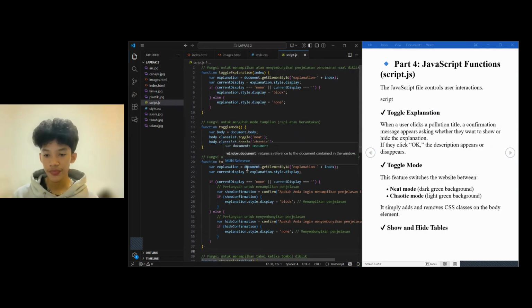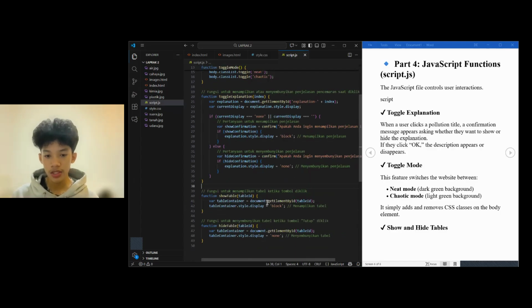Toggle mode. This feature switches the website between neat mode, dark green background, or chaotic mode, light green background. The chaotic mode is a view of the website in a bad contrast. It's simple, it adds and removes CSS classes on the body element.